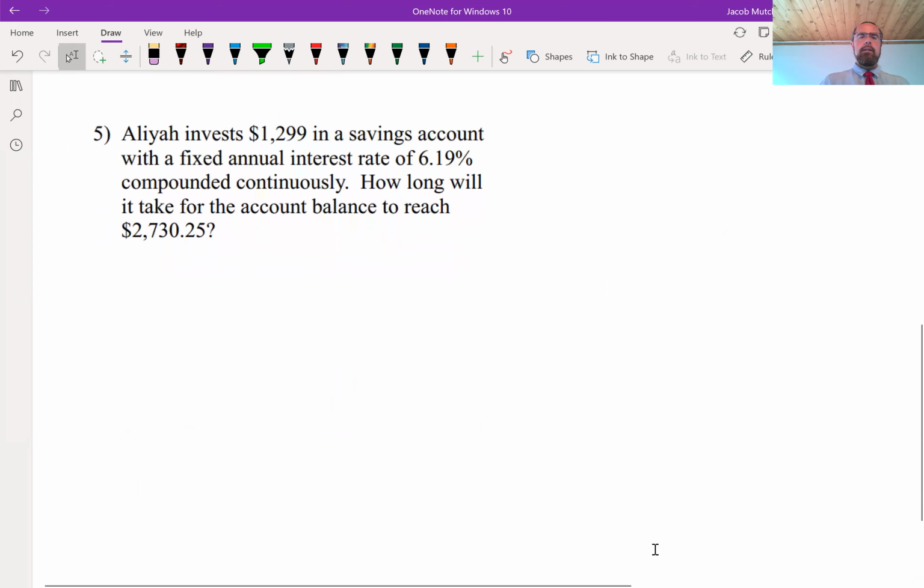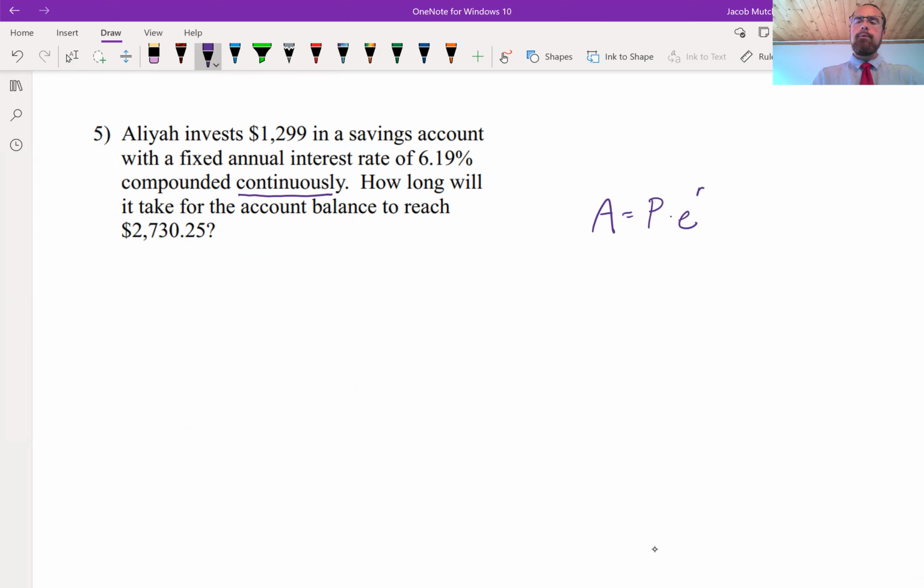Here we've got Aaliyah investing $1,299 in a savings account with a fixed annual interest rate of 6.19%, also compounded continuously. So anytime I see that word continuously, that tells me I'm using the formula A equals principal times base E to the power of the rate times the time. What we're trying to solve for here is how long will it take for the account balance to reach